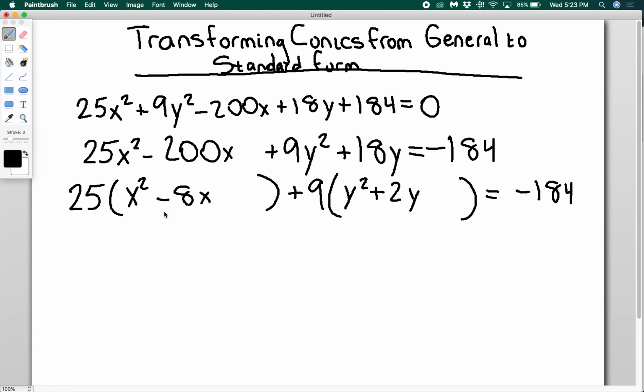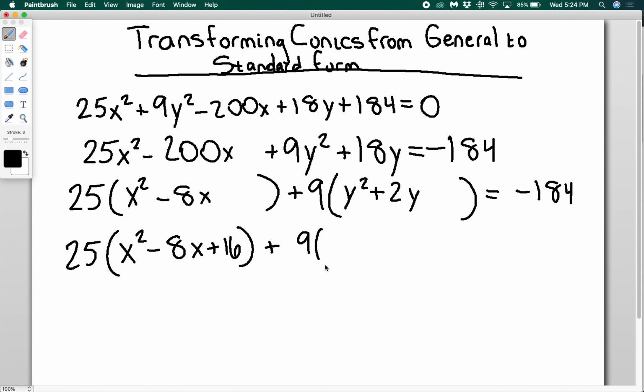Now, what we're trying to do is get this and this into being just nice, simple squares of something, like x minus 2 squared, for example. So in order to do that, we're going to complete the square. So I'm going to take half of negative 8, so negative 4, square it, I get 16. So I have 25 times x squared minus 8x plus 16, plus 9 times, half of 2 is 1, 1 squared is 1, so y squared plus 2y plus 1 equals,